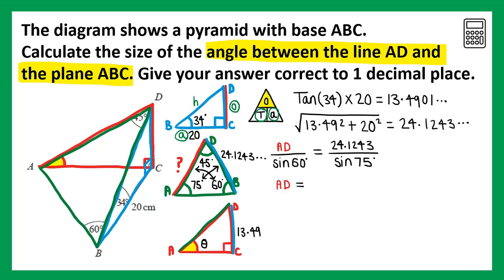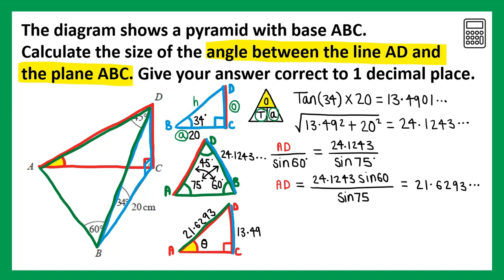Multiplying both sides by sine 60 gives me 24.1243 multiplied by sine 60 over sine of 75, and this will give me the length AD, which is 21.6293. This is the shared length AD on the red triangle, so I can go ahead and label this as 21.6293. And now I have enough information within the red right angle triangle to use basic trigonometry SOHCAHTOA to find